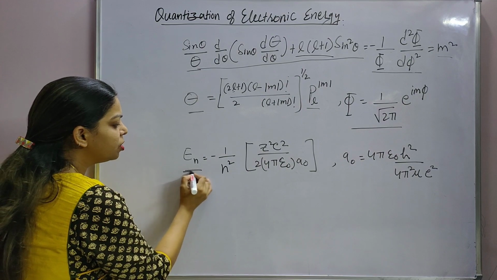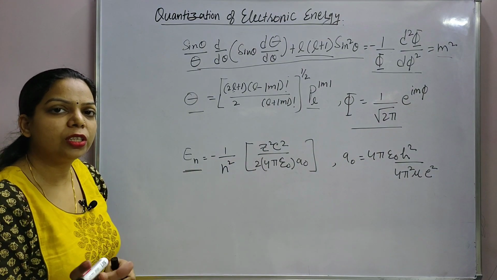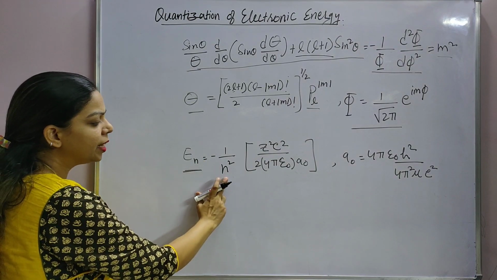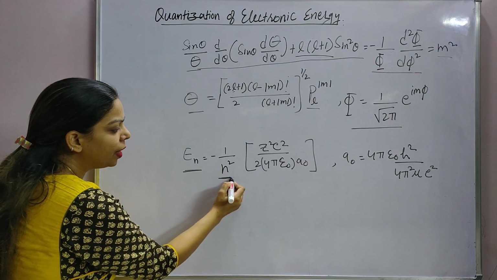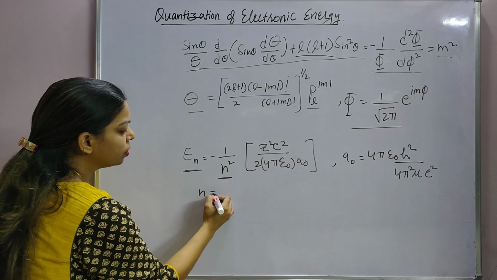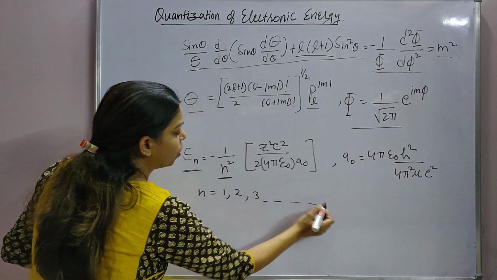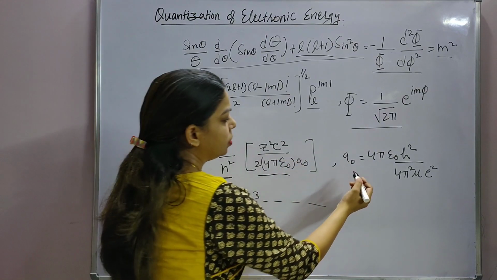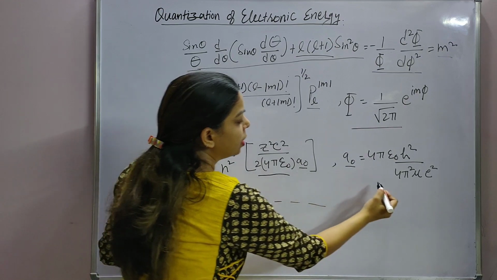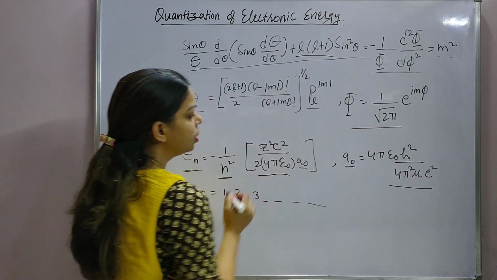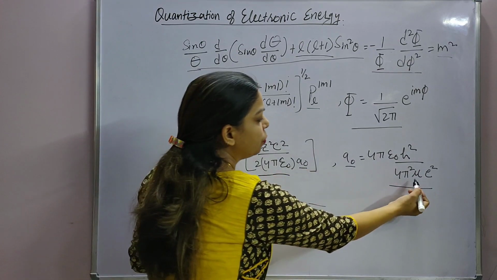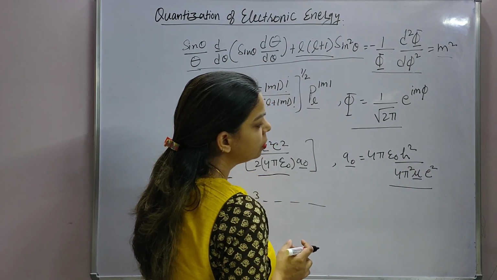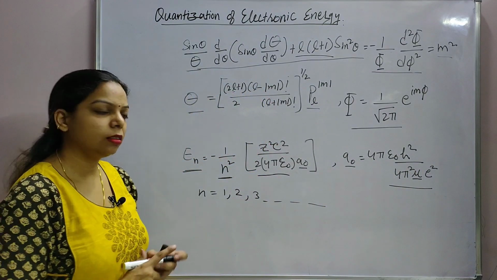The next important thing is the energy expression. The energy expression for hydrogen or hydrogen-like species is given by this expression. Energy is negative and it is quantized because it depends upon the value of n squared. The value of n varies from 1 to 3 and so on. These are the constant values, and the value of a naught here is this. You can substitute this value over here. This equation will then be converted in terms of the reduced mass of the system, and e is the charge on the electron. This way you can calculate the energy of the system.